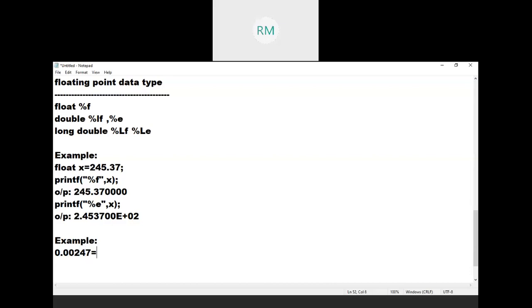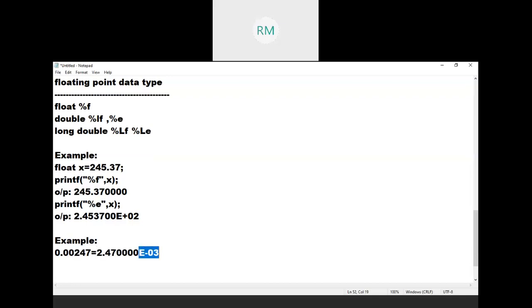So we have to move this decimal point 3 places to the right. Okay, that's why 2.47. Again, how many trailing zeros? 4 trailing zeros will be added. Next followed by E. Here it is minus 3, 10 power minus 3, because you moved this decimal point to the right. That's why the power of this exponent is negative.